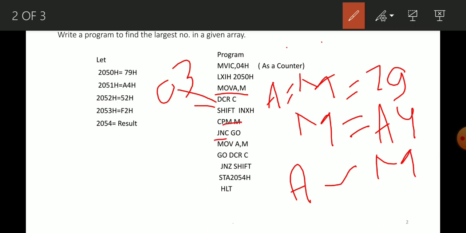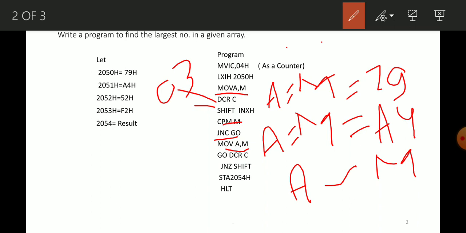So the next instruction is JNC, jump if no carry. In that case the condition becomes false, so it continues to execute the next instruction, because the given condition is false. So the content of memory is copied to A. In that case, A is equal to M is equal to A4.